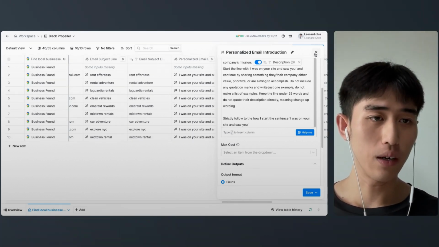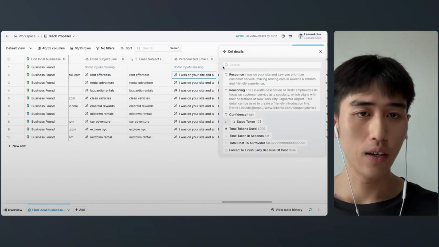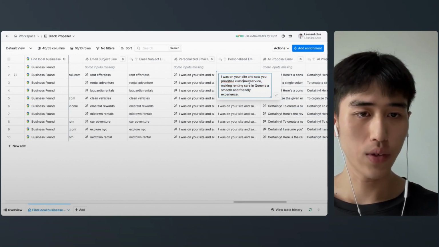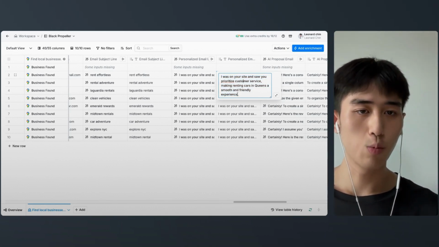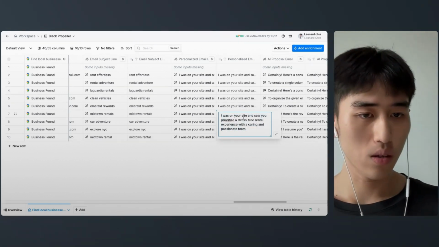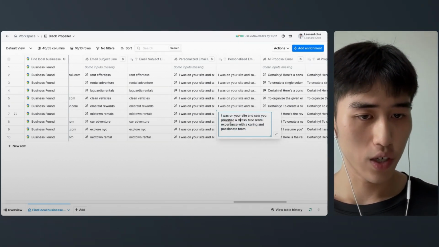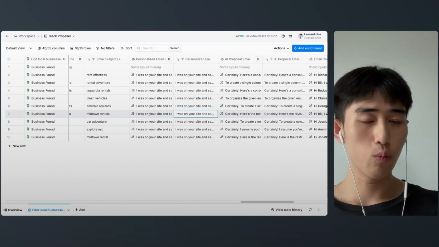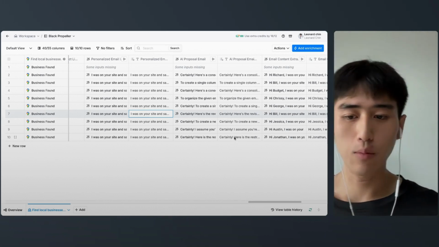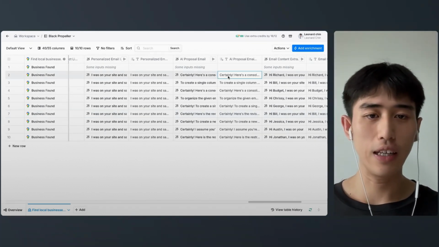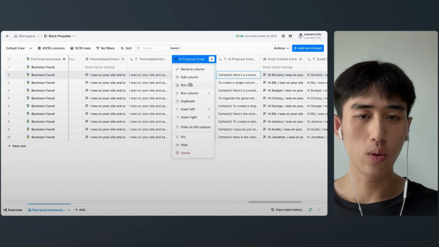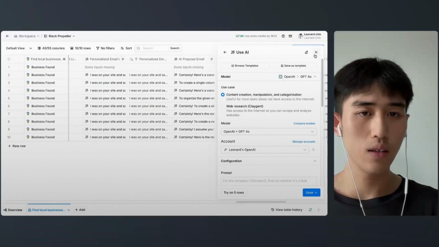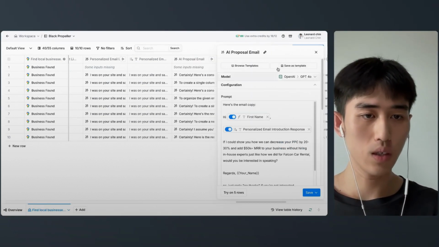After I generate the personalized emails, here they will say, I was on your site and saw you prioritize customer service, making rental cars a smooth and friendly experience. And then here, I saw you prioritize a stress-free rental experience with caring and passionate teammates. Okay, so it's pretty great. And then what I want here is to put all this together in an email form. So what I do is go to enrichment again, then use AI, and then you have this thing again. Within that, I'll just input